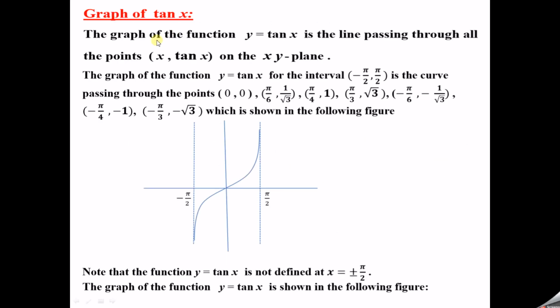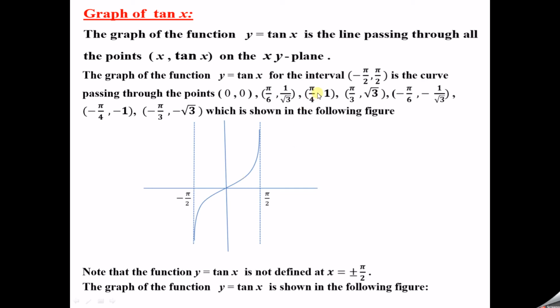Now we go to the graph of tan x. So for tan x, again we take x values and y is tan x, and we mark these points x and tan x in the xy plane. And if you take x values in the interval minus pi by 2 to plus pi by 2, we will get various values of the tan x function. When x is 0, tan 0 is 0. So this is the point, x is 0, y value also 0. When x is pi by 6, tan pi by 6 is 1 by root 3. So this is the point.